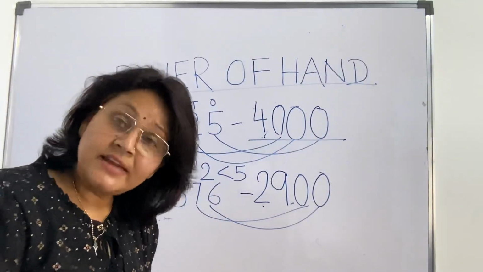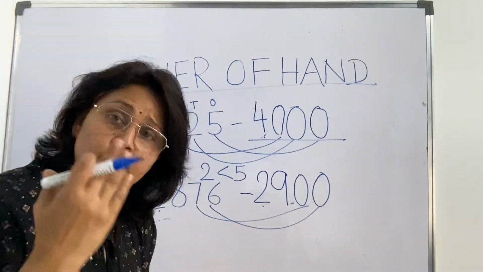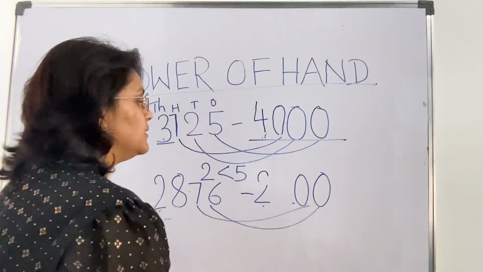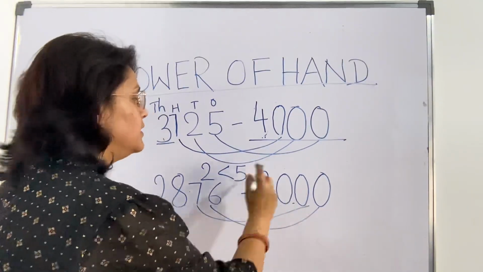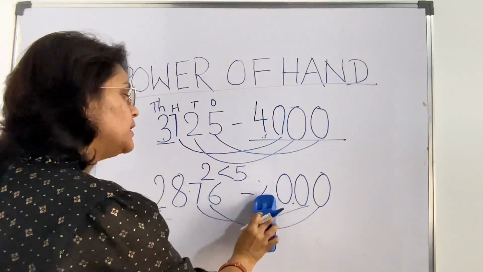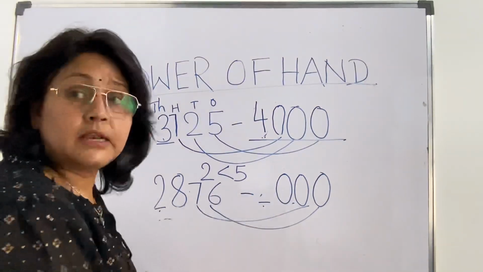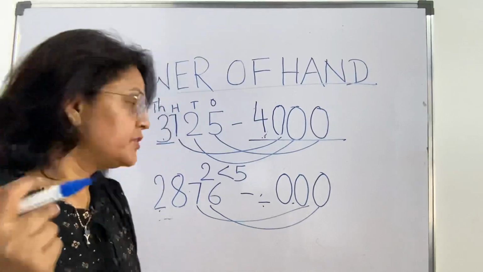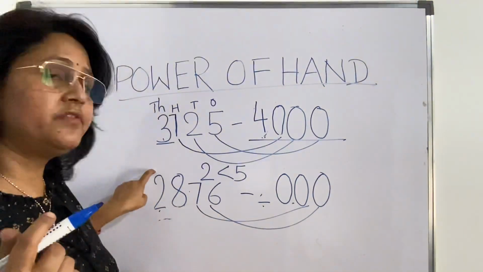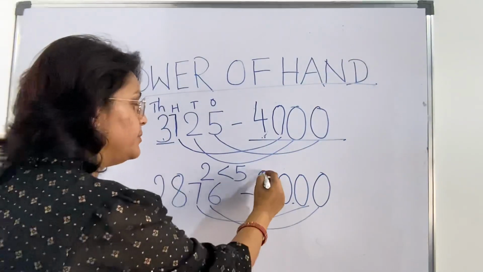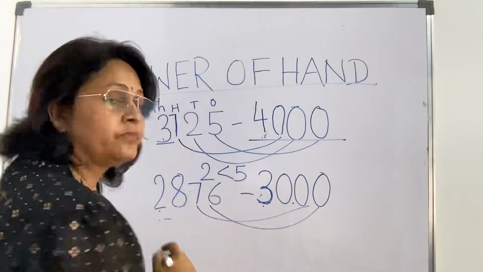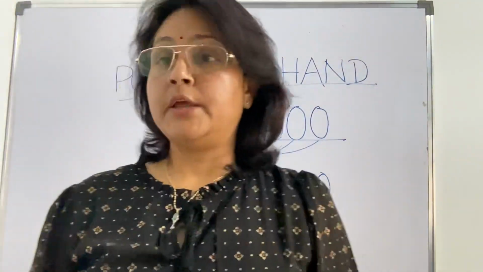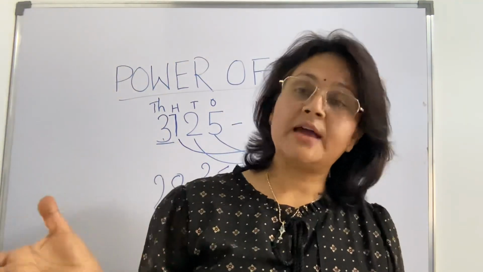But when it comes to rounding at thousands place, definitely we will remove this 9. We will write a 0 here, and at this place now we have to consider the number 8, which is again more than 5. So in that case again the number will become more, so it will become 3. So now you understood, like whenever anything is there, we have to see the number which we have already made